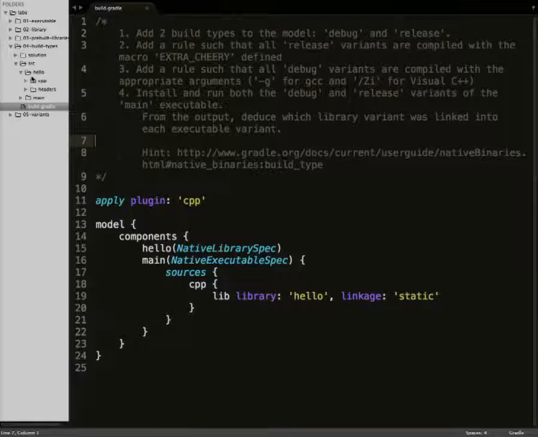I could do the rules inside each component that I'm defining. Right. So remember when we were talking about the binaries being scoped at a